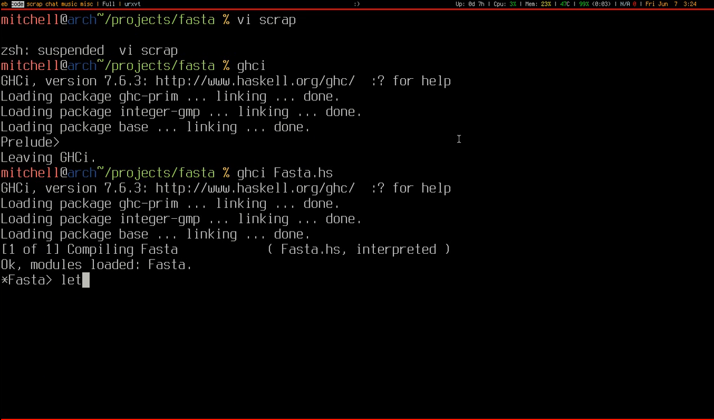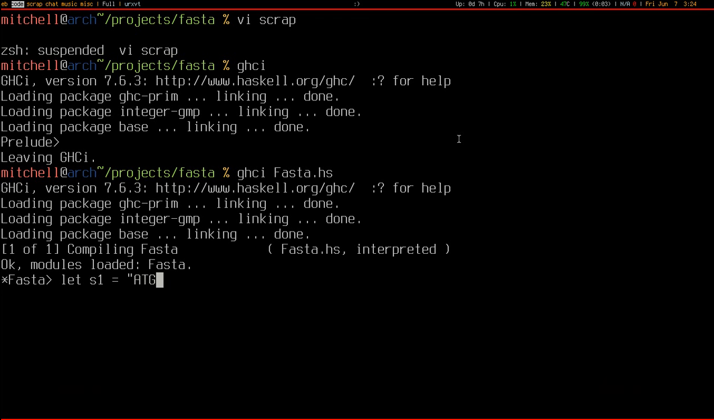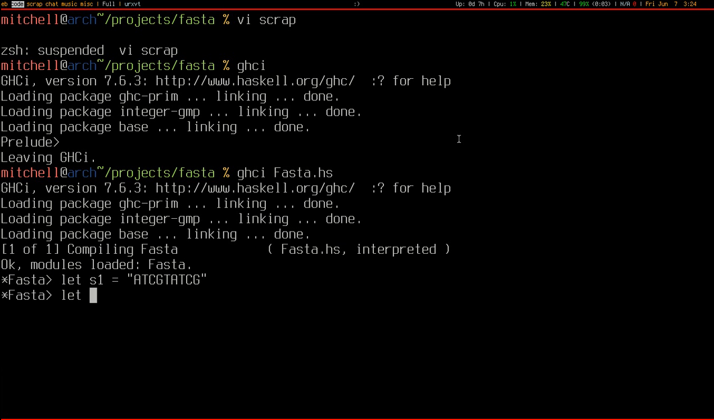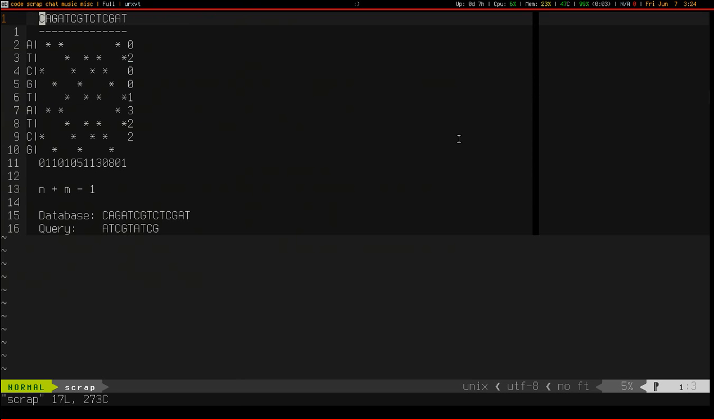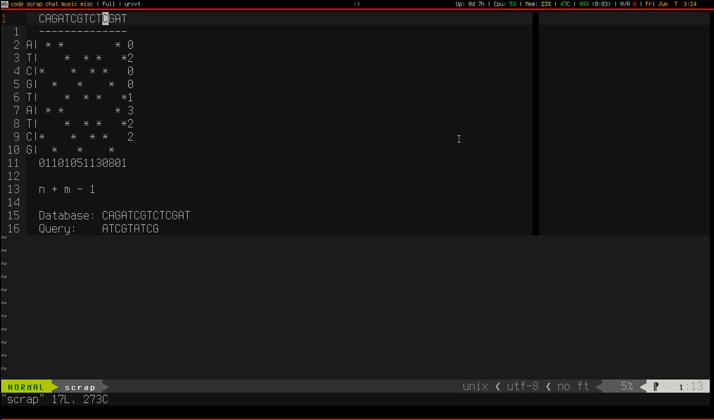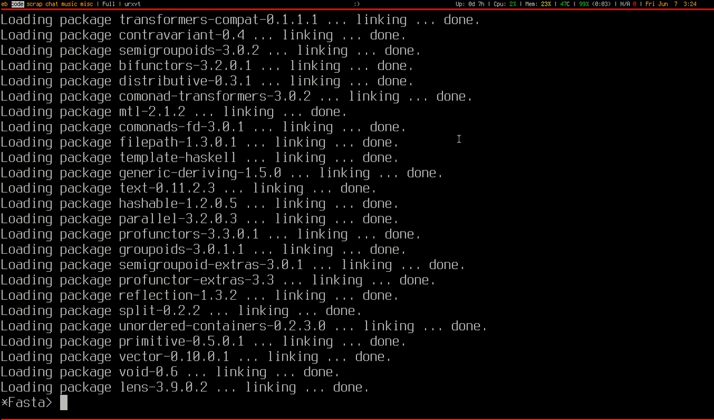I'm just going to try it on these strings. ATCG. Sorry. TATCG. CAGAT. CGTCT. CGAT. And with my dot plot,